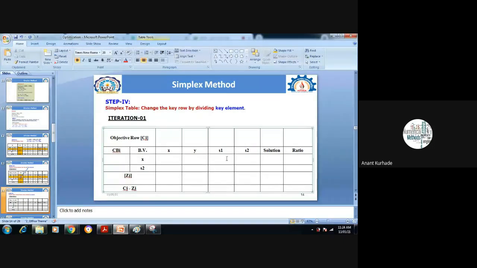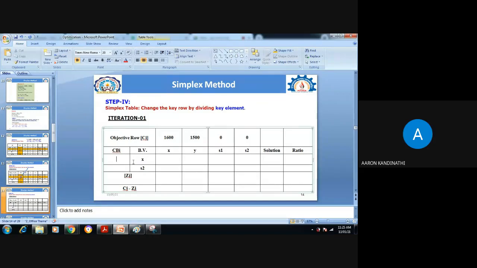Now the rest part is the same. Write down the coefficients from the objective function: x, y, s1, s2 are 1600, 1500, 0, 0. Now it is CBI. That means the coefficients of these variables, again from your objective function. So what is the coefficient of x from the objective function? Tell me. It will change. It is not 0. What is the value? Tell me, what is that value?